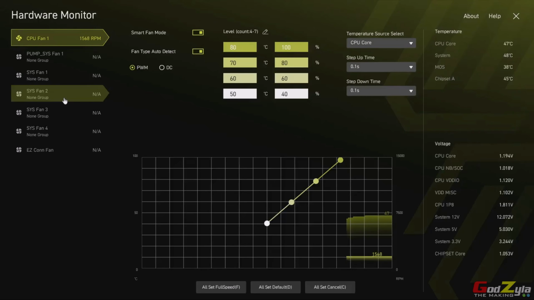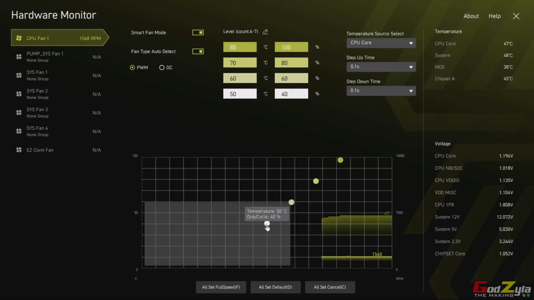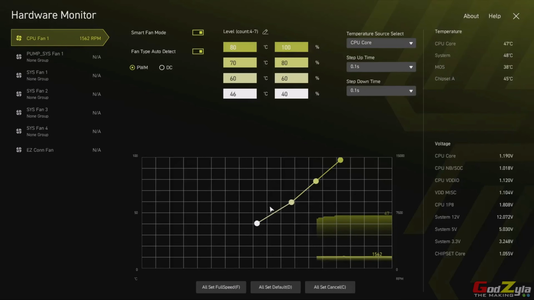And to configure this is quite simple. Select the header that you want to configure. Take for example, the CPU fan is my radiator fans. So this is the graph that I will plot. You can use these points accordingly. There are 4 points, or you can make use of the fuse over here, which I prefer. As you can see, when I toggle this, this will move. So I have total control of what I'm doing right now. Once this is done,